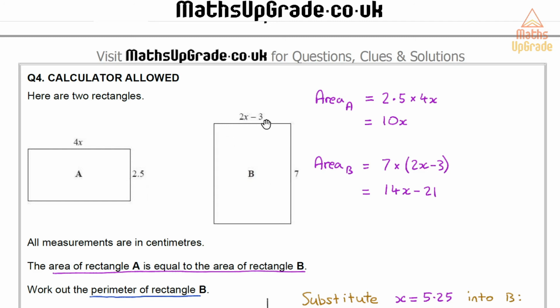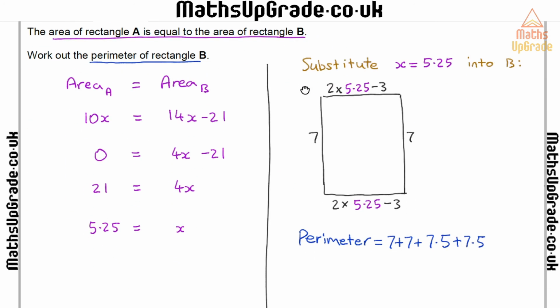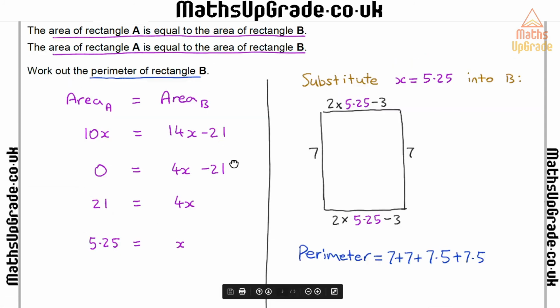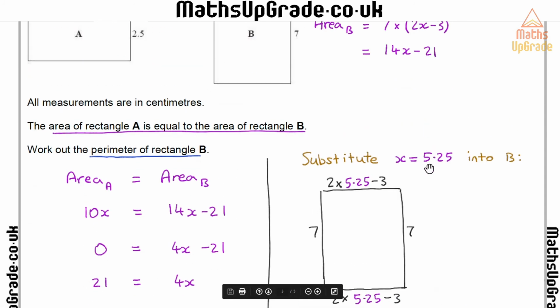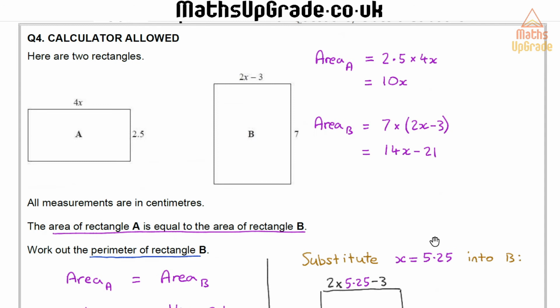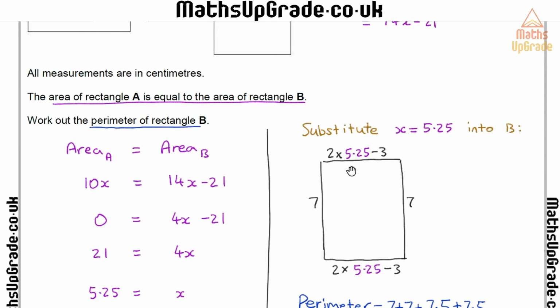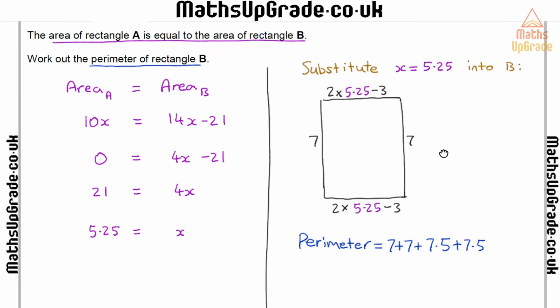Okay, all I know is that the width is 2x minus 3. But I've just worked out x. So if I substitute x into 2x minus 3, then I can find the width. So 2x minus 3 is the same as 2 times x minus 3. 2 times 5.25, subtract 3, and that would give me